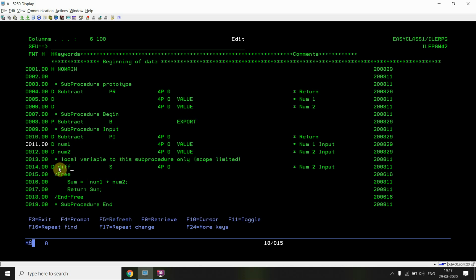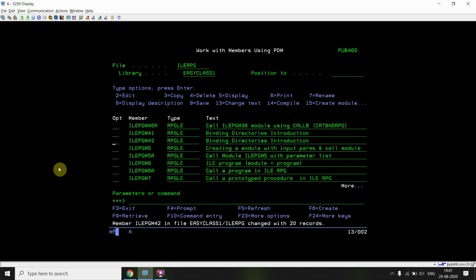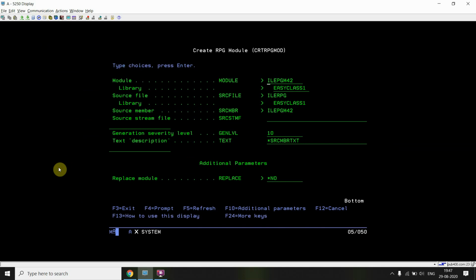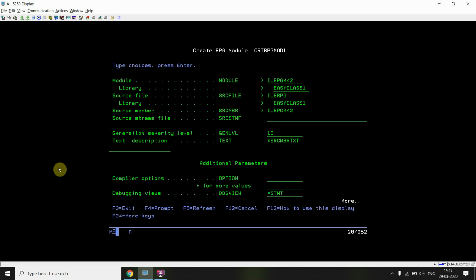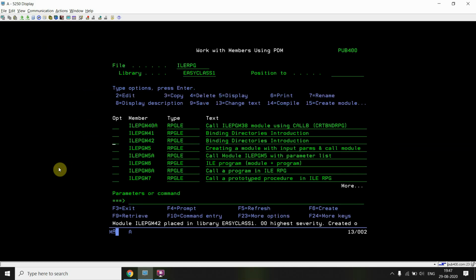So I'll be defining diff here. This is minus, so it will return the difference. So just create the module of this also. Okay, so two modules are created, ILE PGM41 and 42, having sub procedures add and subtract defined.